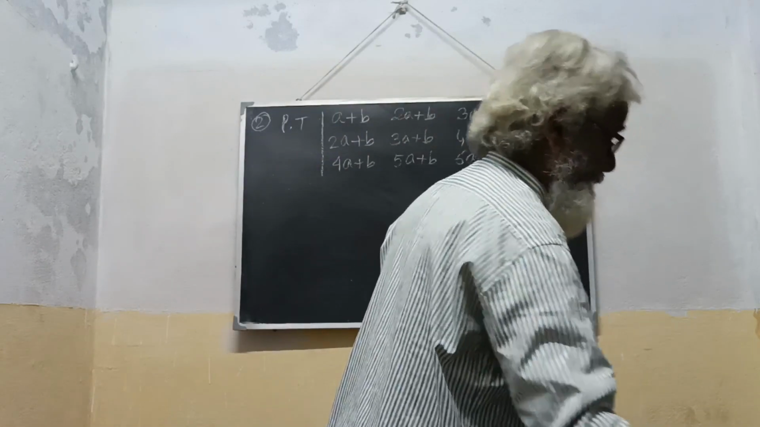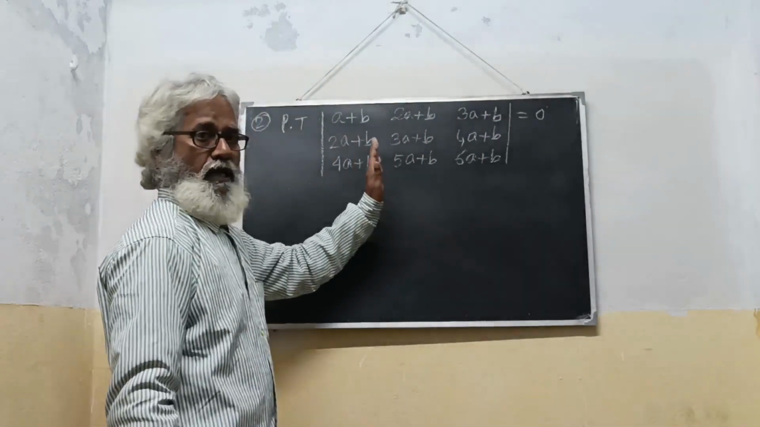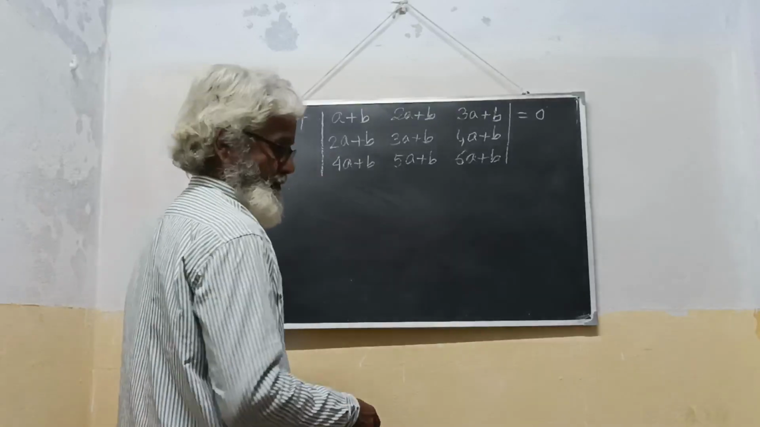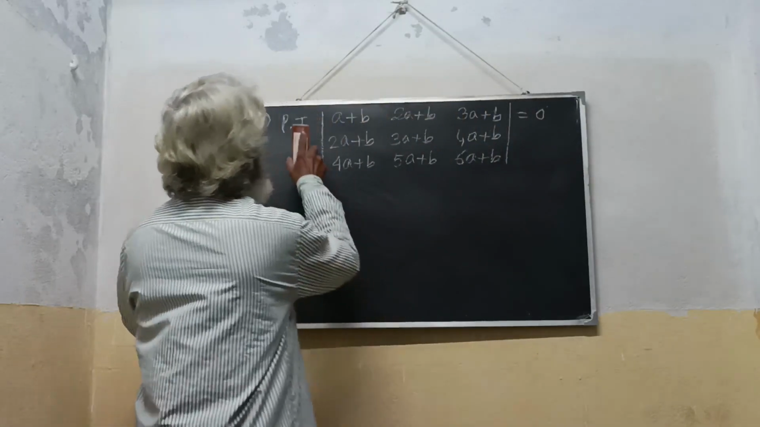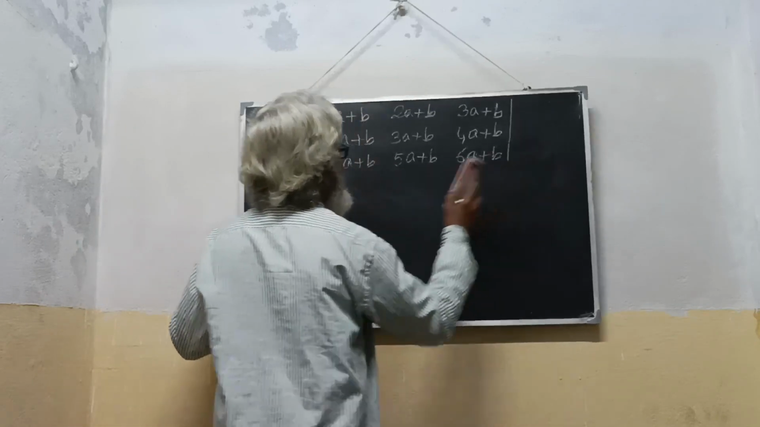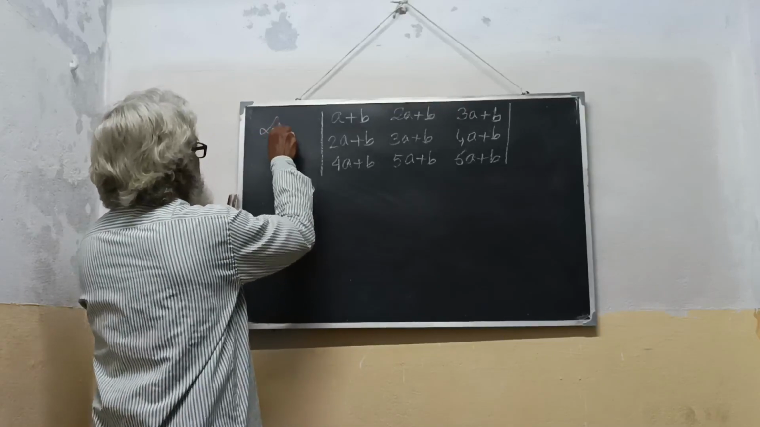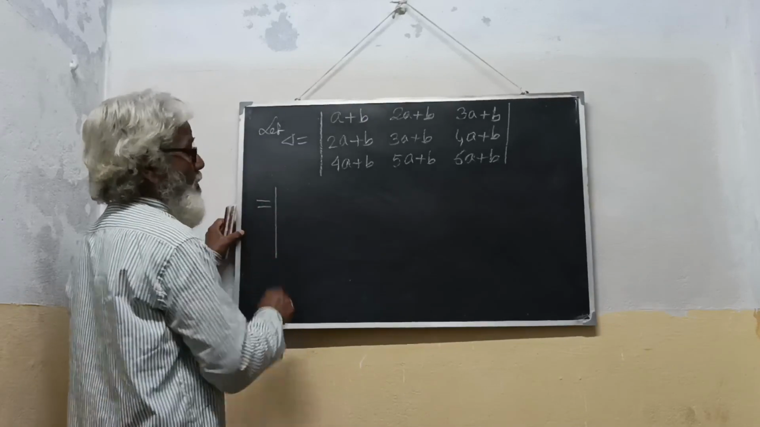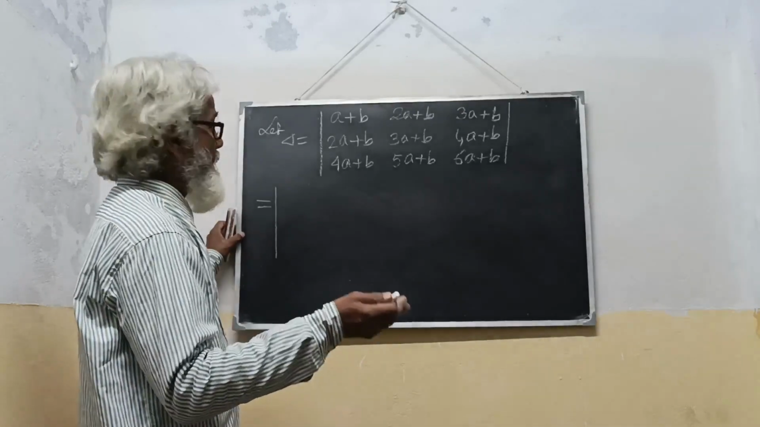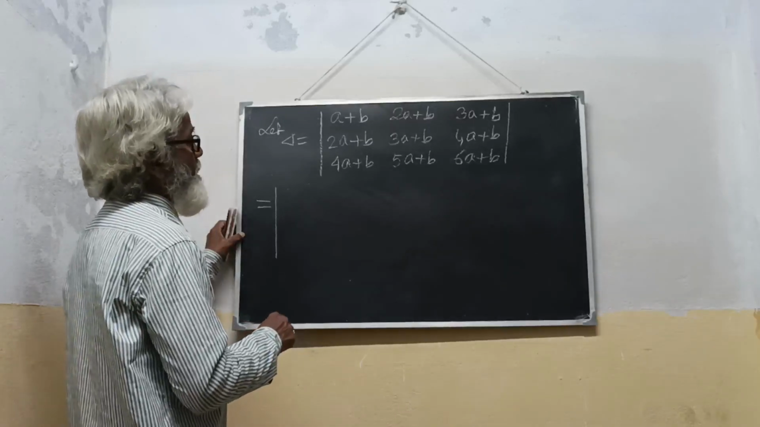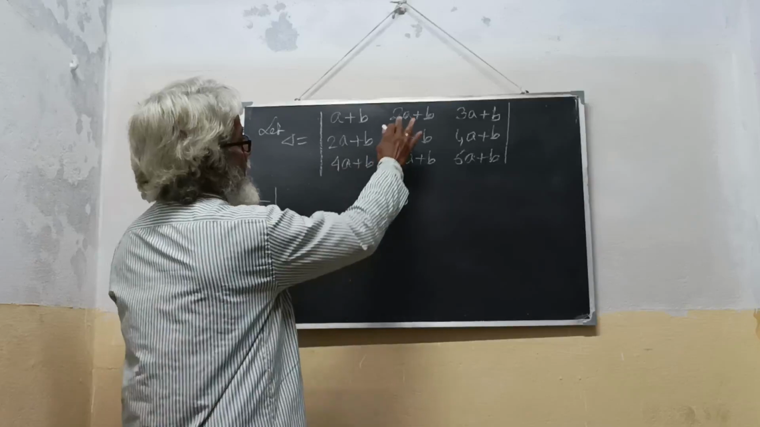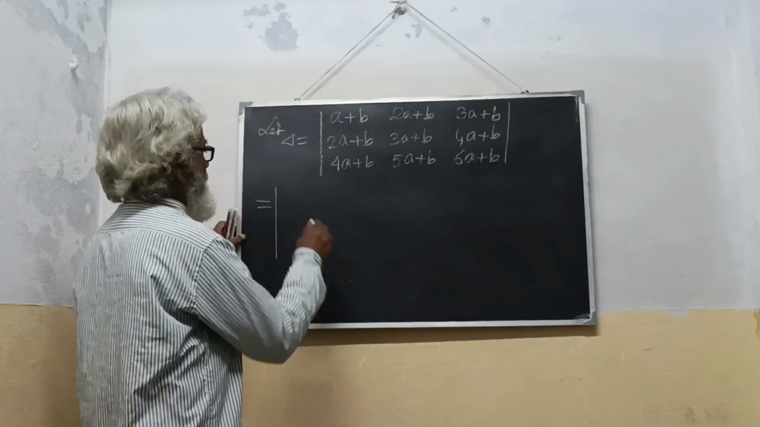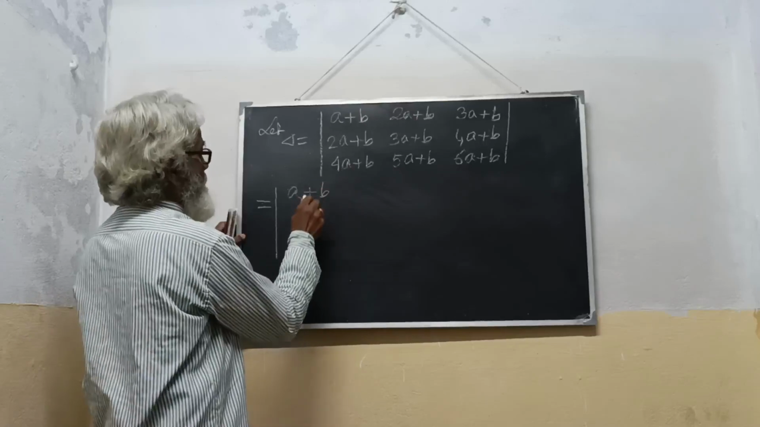So, we know that if the elements of any 2 rows or any 2 columns are identical, then the value of the determinant becomes 0. We now try to make it in that form. Let delta equal this. Our interest is to make the elements of any two rows or any two columns identical. You subtract the elements of the first column from the corresponding elements of the second column and at the same time from the corresponding elements of the third column. So you keep the elements of the first column the same,